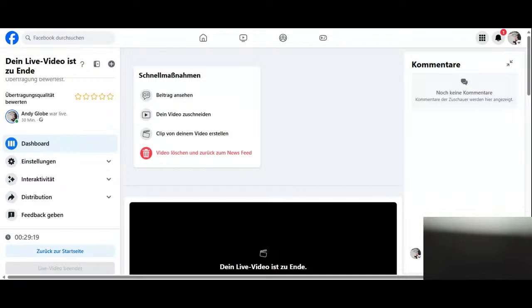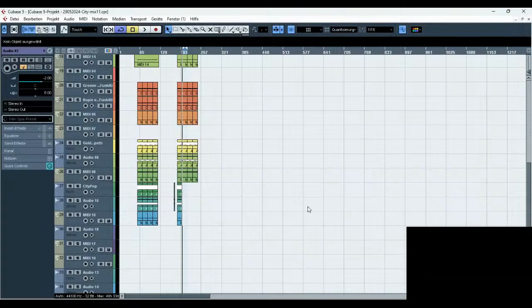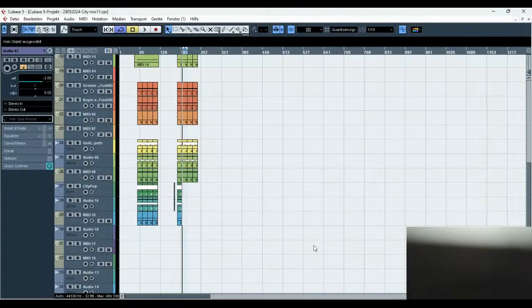I don't know really what the track now is, but this is not that important. Check out the terms. Okay, I think I'm back at Cubase on both accounts.